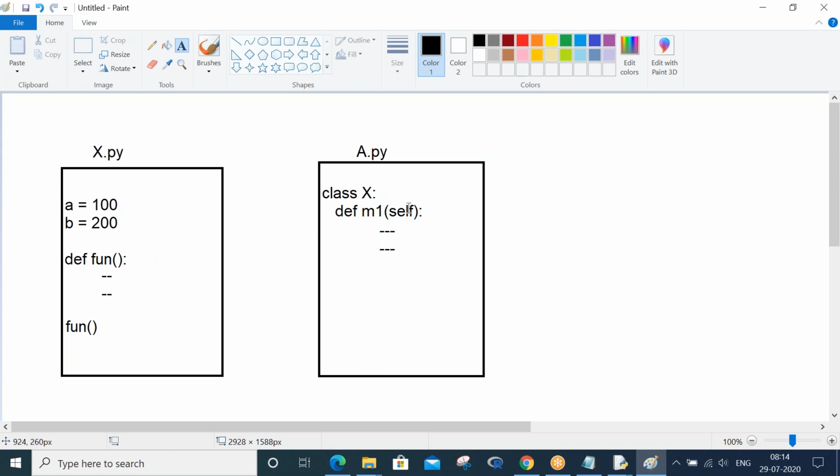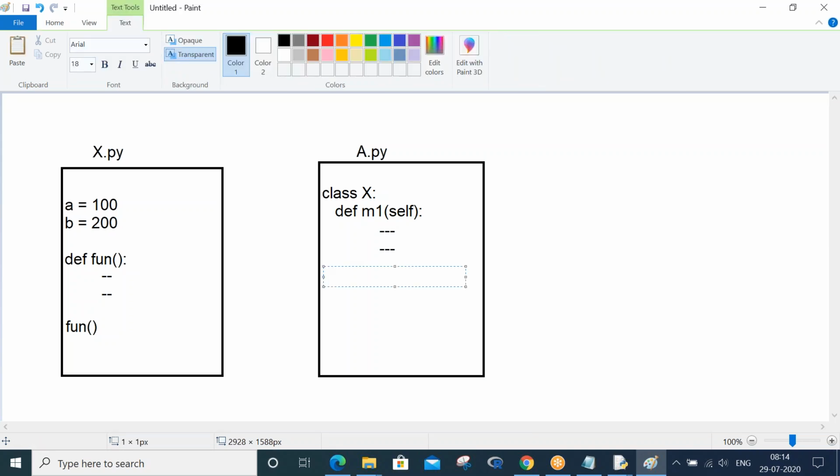In between here, I'm writing one parameter, here I'm not writing any parameter, that's okay, but code is code, we are always writing. But how do we call methods? Methods we call with objects of that particular class. Let us say my small x is the object of this class capital X. Now I have to call my method using its object. Here X is an object of this class capital X, and using that object I am calling the method which is defined in this class X.